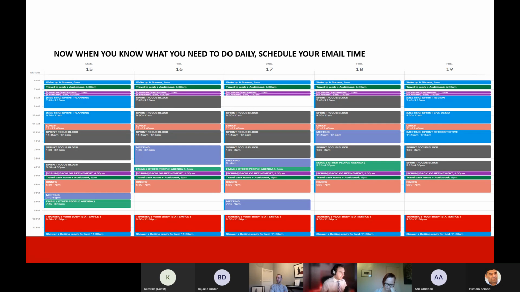But everybody should have scheduled their email time. In the beginning, it's like sugar. It's hard to stay away from the email because many people have it in the background. But over time, this will increase productivity if we look at the productivity studies that have been done around emails and how you should treat your email account.